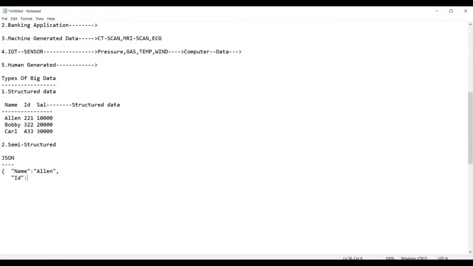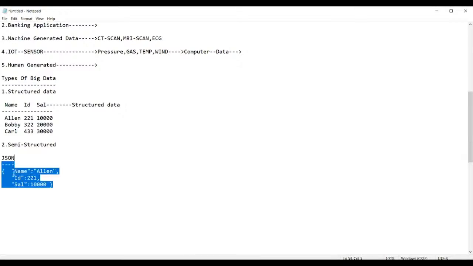As it's numeric data, you can place it normally. Again, we have salary. This is also numeric data, so you can leave it as it is, do not place it under quotes. And finally, after this is done, the data is closed with the braces.